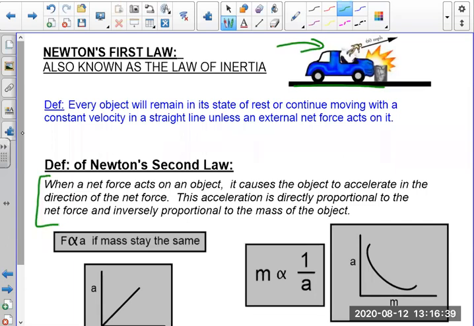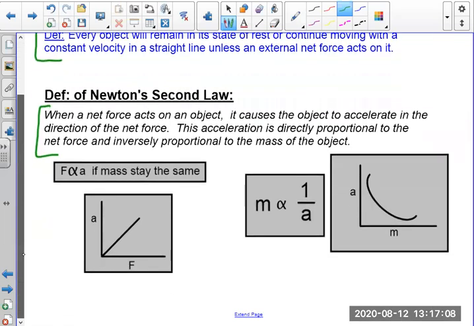So it's not going to go with the same velocity at which the car is moving because it depends on the mass. But the object will keep on moving with that velocity unless an external force works on it. So in that question, I will say, according to Newton's second law, and then I will quote Newton's second law, and you will get your marks. Now, the definition of Newton's second law is important to remember. This is a longer definition, and it is the one they like to ask the most of all the